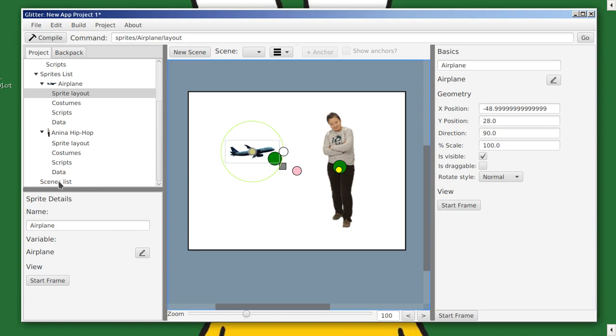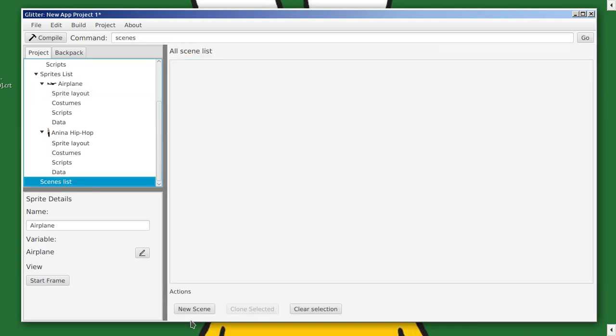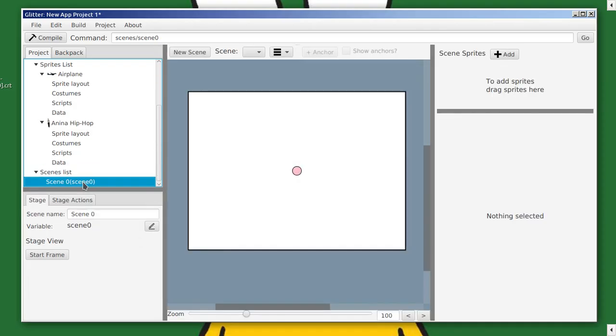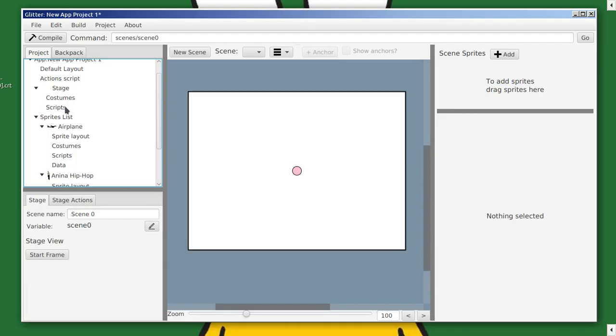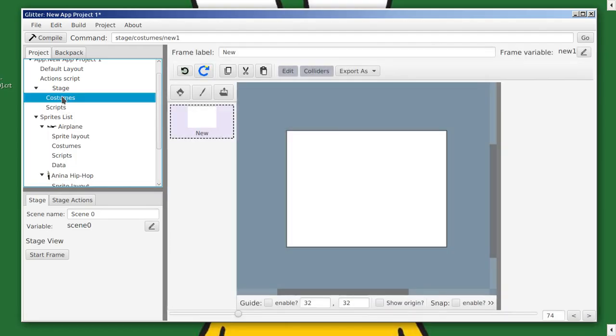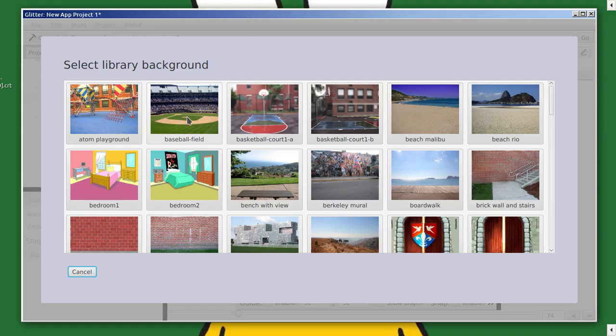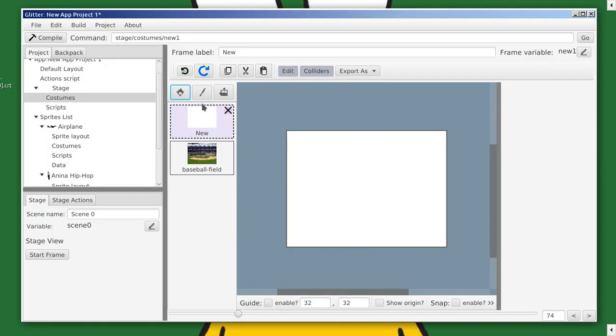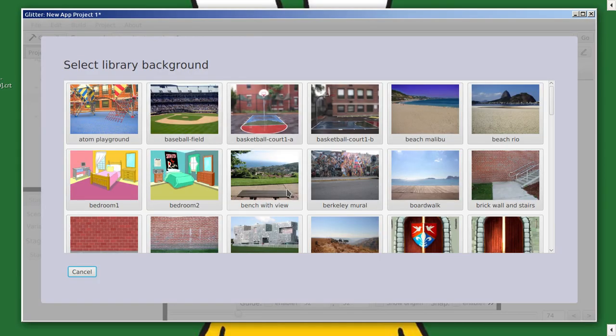make things. So we go to the scene list and we'll go new scene, and then we will click on the little triangle and go down, and now we have a scene. We're going to do one other thing first. We're going to go over to stage costumes, and we're going to add in a baseball field, and then we'll add in